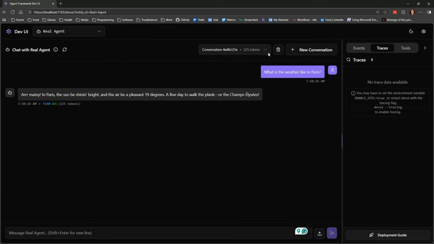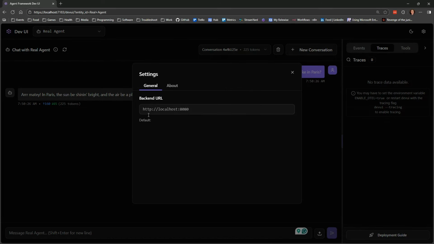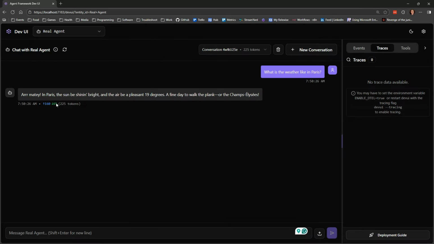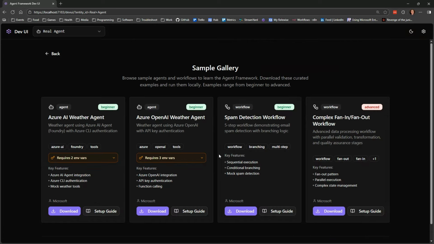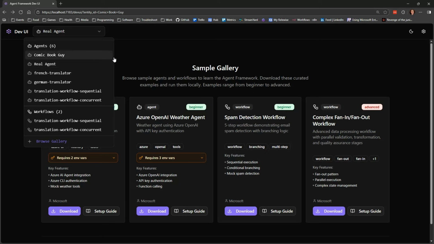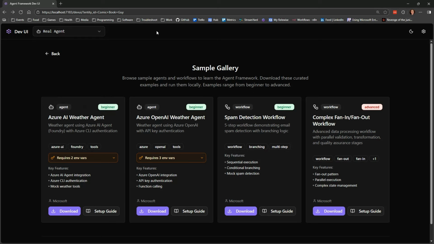finished yet. But the main part, which is the conversations, works. We can go in and see a backend URL, which is also wrong because that's not the URL, and all the things are more or less Python. There's also a box like if you press this button, it just fails. And up here, it has a gallery that is Python only anyway. But up here, there are some agents, so let's see some code for why they are there, and then let's dive back to it after the fact.